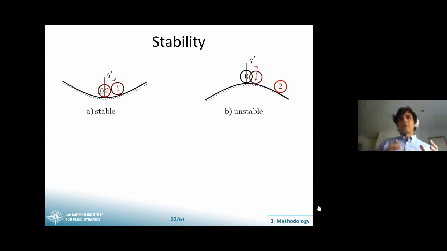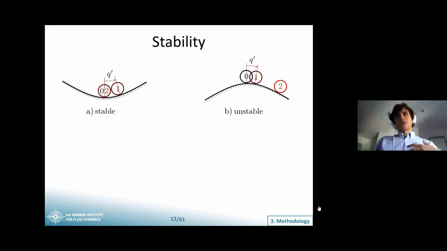So we can think of our boundary layer like a simplified physical model. Just a surface rolling on top of a surface, a ball, a sphere rolling on top of a surface. And a stable boundary layer would be like a concave surface, where if we displace our state from equilibrium, it will just oscillate and eventually go back to its original state. Whereas the unstable system is where a small displacement actually moves it away from equilibrium.